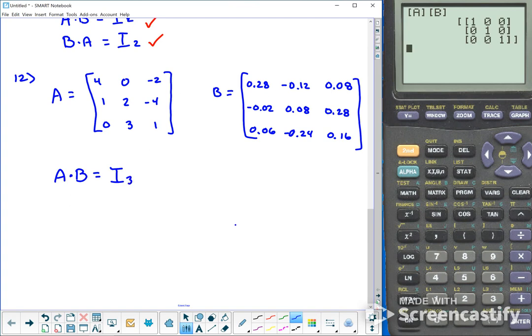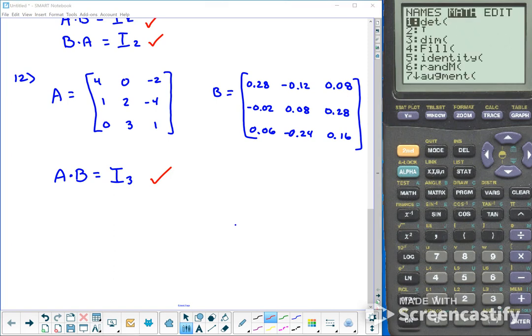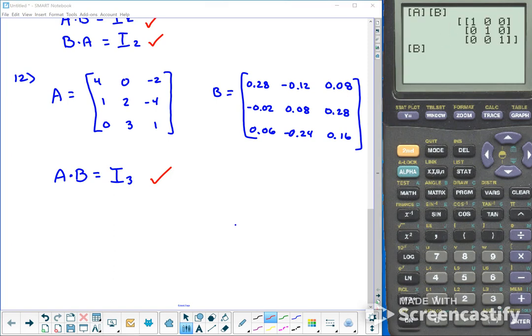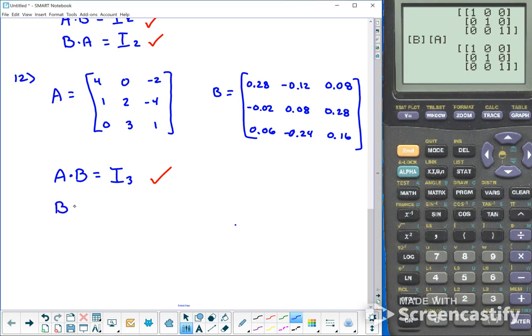That's going to be order 3 because these are 3 by 3. I'm going to do the same thing again. Matrix B times matrix A, and again it works. So that's going to be B times A, and that's going to be identity matrix of order 3. Okay. Again, so matrix B is